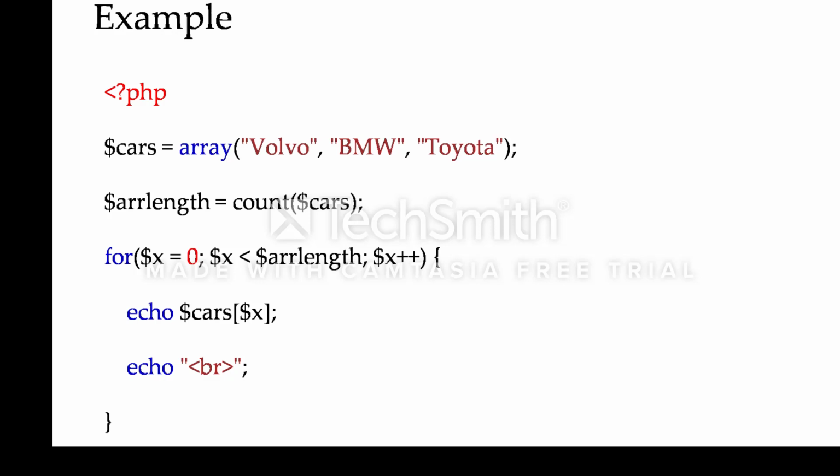Here we are using a for loop. In the for loop, first of all the initialization statement, then the test expression, and then we use the update statement. Then print the values from the array. And here the br tag is used for the break statement. Now you can see the output of this example.